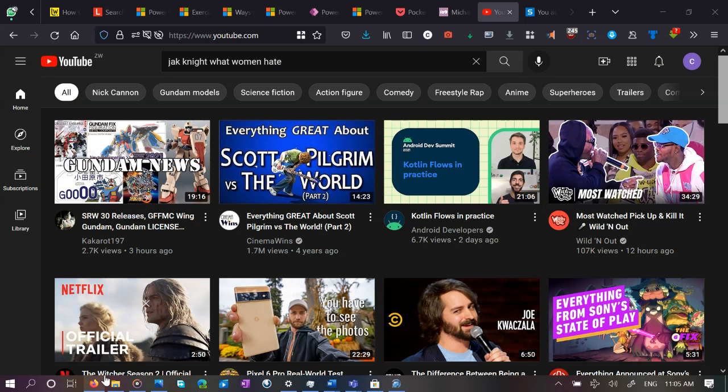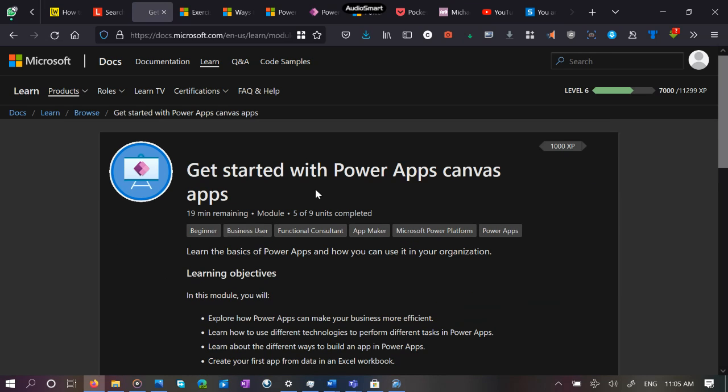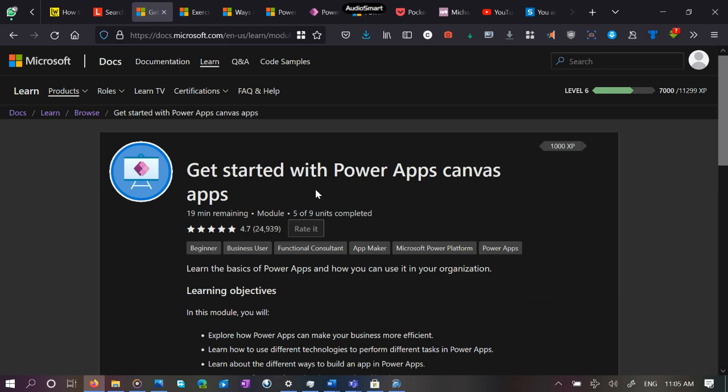Now we're actually going to go on to Microsoft Learn, which is where, again, we always do most of our technical exercises or tutorials in this case. But yeah, let's log on to Learn. I already kind of looked at the activity we're going to be doing today so that you guys know what we're dealing with. Basically, this is an introduction to Microsoft Power Apps and the Power Platform.